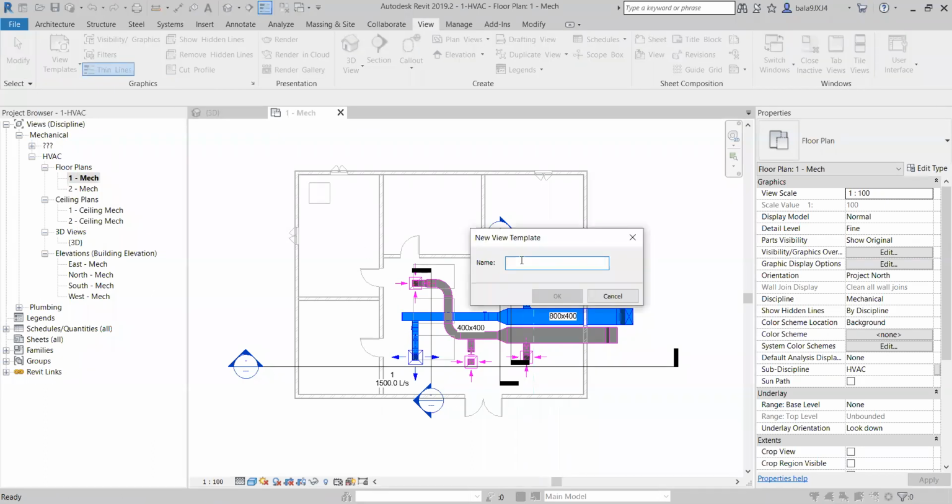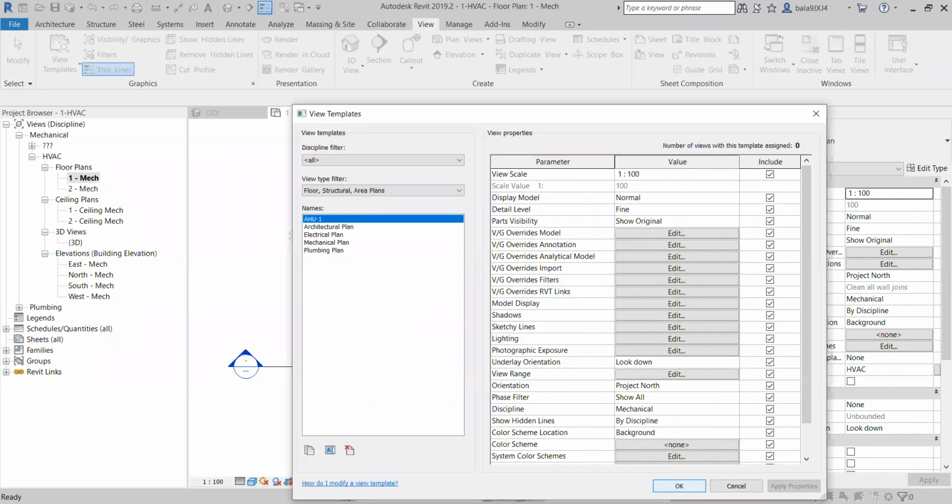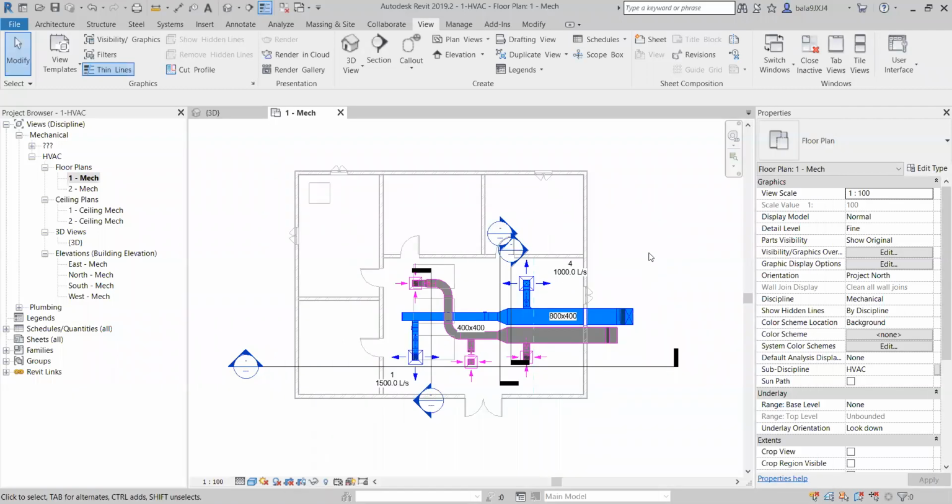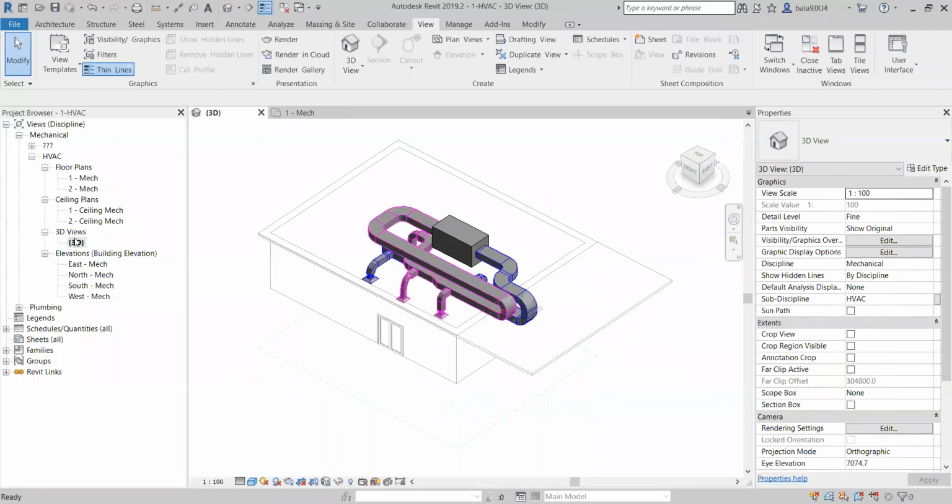Let's say here I am going to give the template name H1, for example. Make it, and okay. Then I will go to the 3D view.